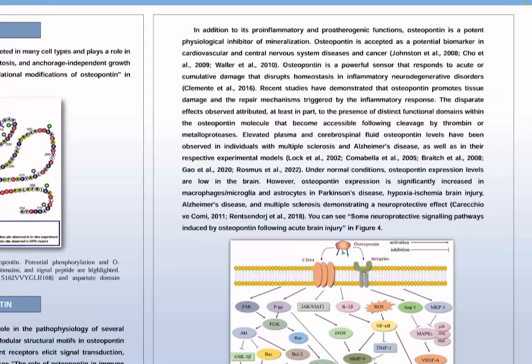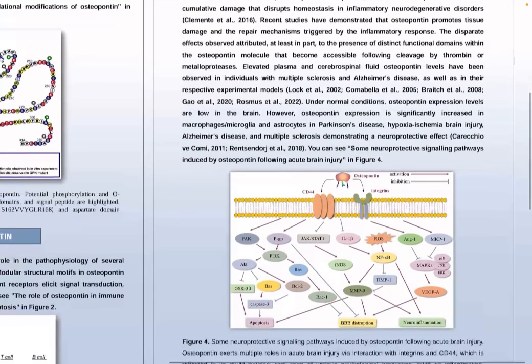In addition to its pro-inflammatory and pro-atherogenic functions, osteopontin is a potent physiological inhibitor of mineralization. Osteopontin is accepted as a potential biomarker in cardiovascular and central nervous system diseases and cancer. Osteopontin is a powerful sensor that responds to acute or cumulative damage that disrupts homeostasis in inflammatory neurodegenerative disorders. Recent studies have demonstrated that osteopontin promotes tissue damage and the repair mechanism triggered by the inflammatory response. The disparate effects observed are attributed, at least in part, to the presence of distinct functional domains within the osteopontin molecule that become accessible following cleavage